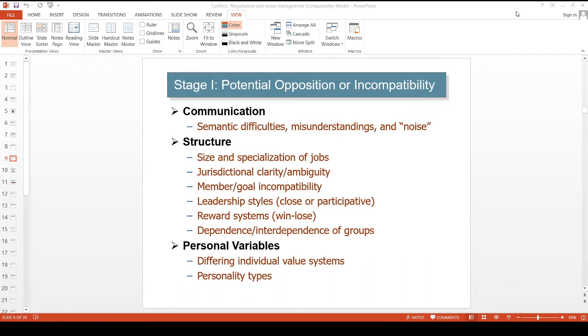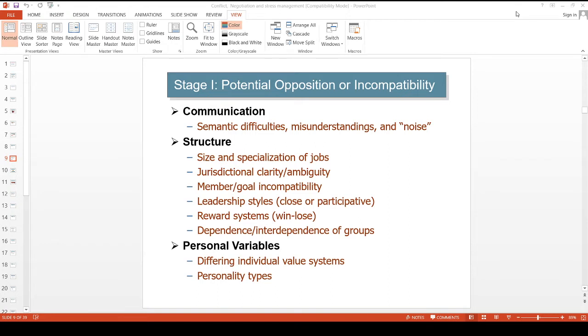Similarly, personality and the value system play a very important role in initiating the conflict process. It includes individual value systems and personality characteristics. Certain personality types lead to potential conflict. And most important is the differing value system. Value differences are the best explanation for differences of opinion on various matters. And this difference of opinion on different matters will again be a sort of initiation of conflict.